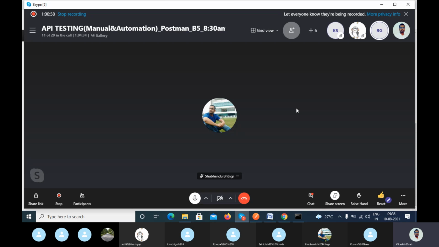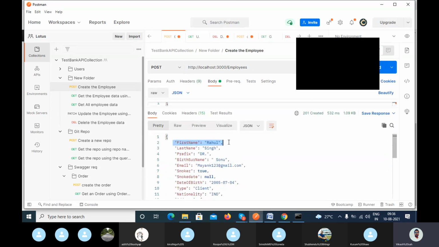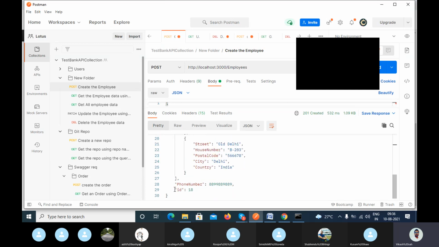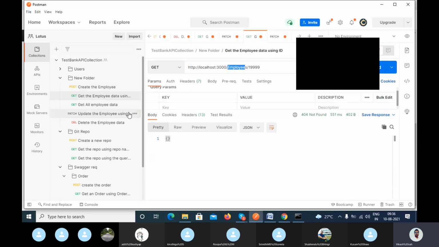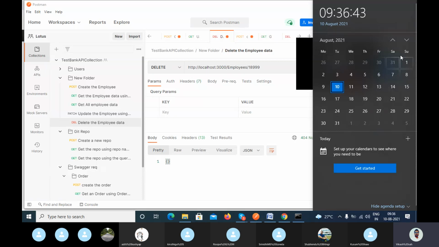As a part of automation, we will cover validation and JavaScript, and whatever you are getting in the response here, we will verify each and every property using assertions, matching actual and expected with different scenarios. We will also see how to correlate things, like fetching the ID from here and using the ID here. Still there are multiple things pending, but due to the query sessions, our class is going very slow.